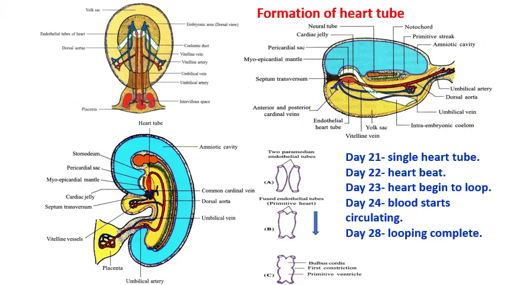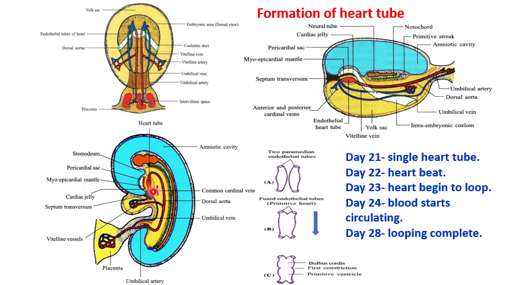So let us see the development of the definitive heart formation. For that, we have to go in sequence from how the heart tube is being formed, and then the chambers, then the septations, and so on. So with the development of the head fold of the embryo, the two paramedian endothelial tubes of the heart lie ventral to the foregut, and they project into the dorsal wall of the pericardial